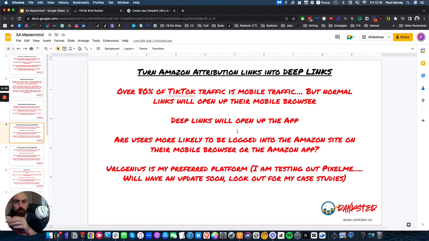So the main thing is, I always say this, turn your attribution links into deep links. Because especially with TikTok, over 80% of the traffic is mobile traffic. Everyone's on their phone on TikTok. And when they click on a link on TikTok, it will open up their mobile browser. So if there's an Amazon link, it will open up the Amazon website on their mobile browser, which is great. But the thing is,